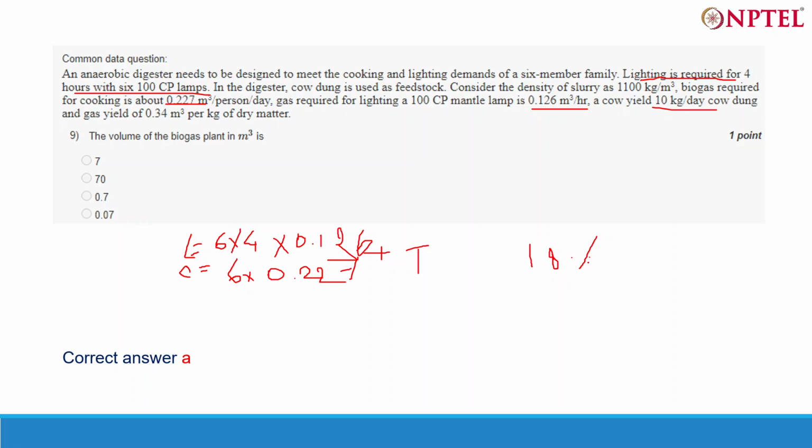Okay, so 18.8 into 7 into n is basically how much is the dry solid in the cow dung. So gas production per day is basically